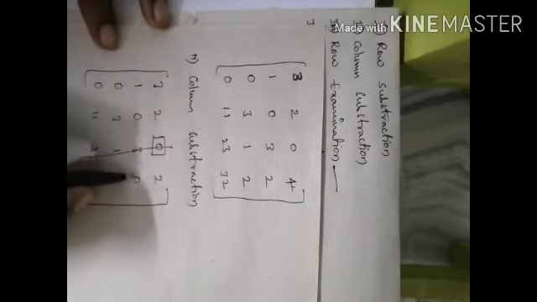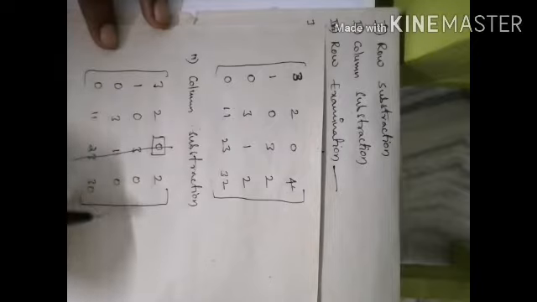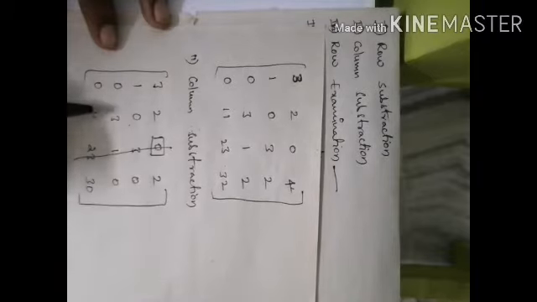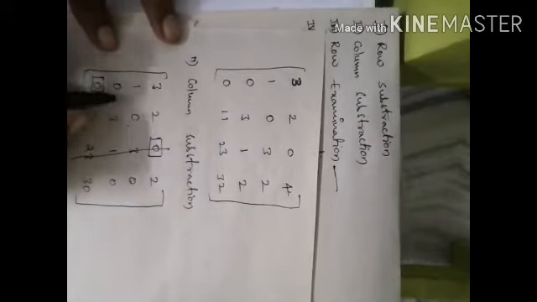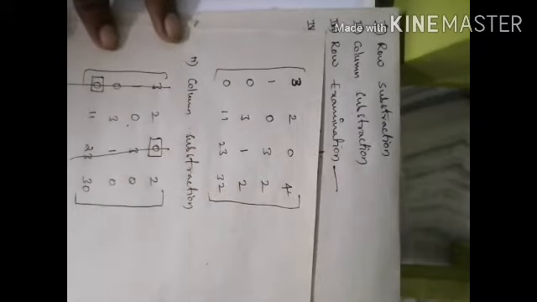In the second row we have two zeros. If we have more than one zero in a particular row, we have to skip that row and go to the next row. So in the second row we have two zeros, so skip it, then see the third row. In the third row also we have two zeros, so skip it. Then the fourth row has only one zero, so enclose it in a rectangle, then cancel it vertically.